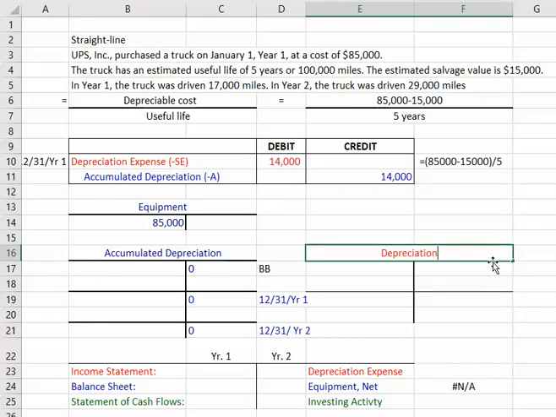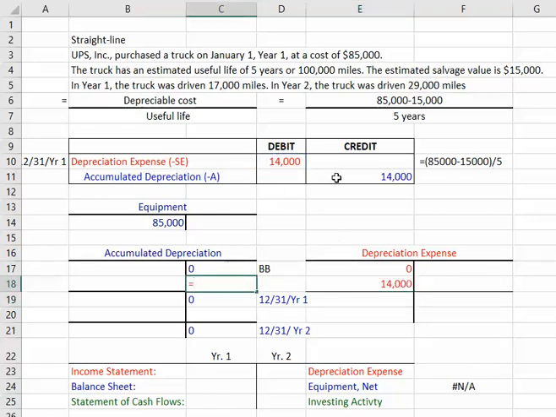Debit depreciation expense. By the way, all expenses, revenues, and dividends will have a beginning balance of 0 because they got closed in the prior period, but in this period it's our first anyways. All right, so we're going to pick up our expense and then pick up our accumulated depreciation. So what's going to be on our financial statements? On our income statement, you'll see depreciation expense in year 1 of $14,000, the amount of usefulness used in that